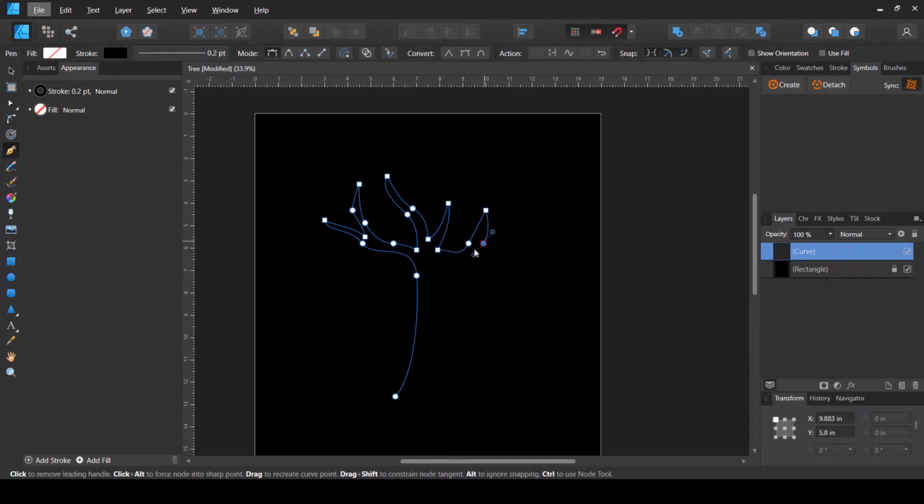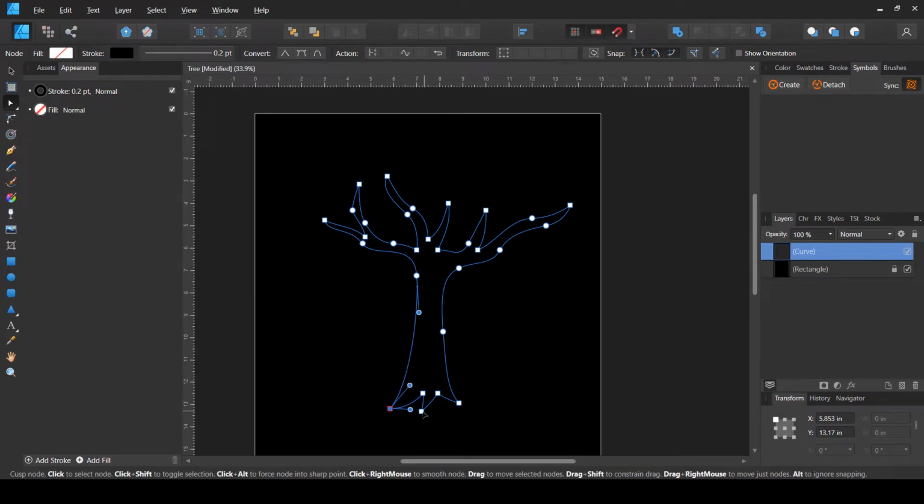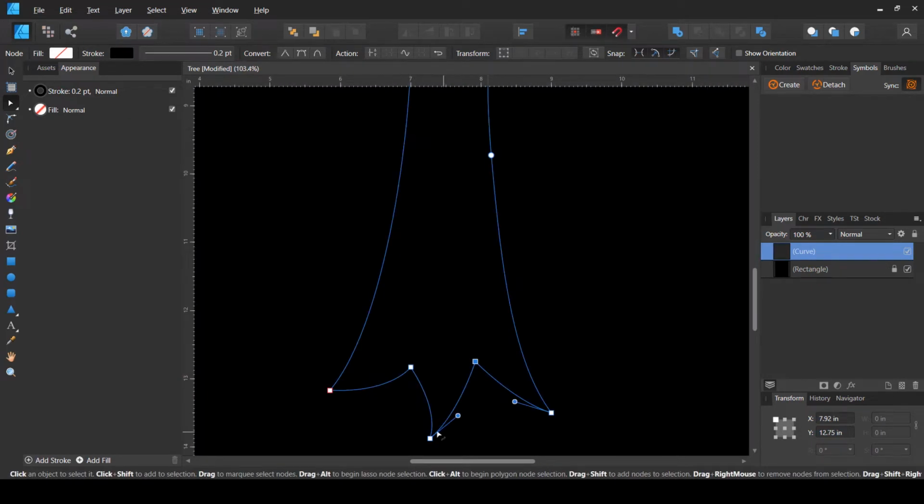So I'm just creating some random branches here like that, maybe make something like that, and then just bring it down to close the tree shape. So towards the bottom, either I can just close it or maybe make it somewhat like a big root system, depending upon how you want to see it. I think that looks fine for now. We might change it later on and make this chunk much more simple. For now, let's just leave it like that.